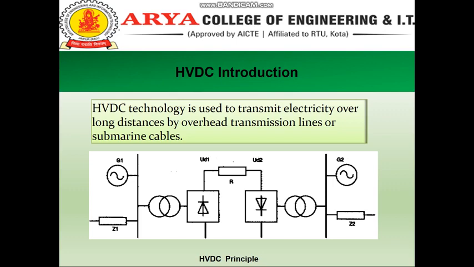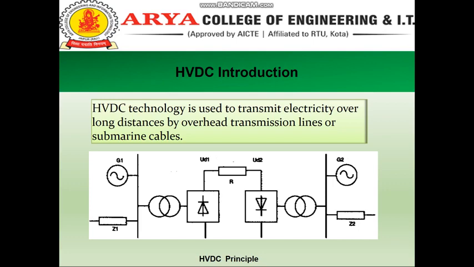Here we will discuss how the HVDC transmission system works. In the generating substation, AC power is generated, which is converted into DC by using a rectifier. In the HVDC converter substation, rectifiers and inverters are placed at both ends of the line. The rectifier terminal changes the AC to DC and the inverter terminal converts DC to AC.